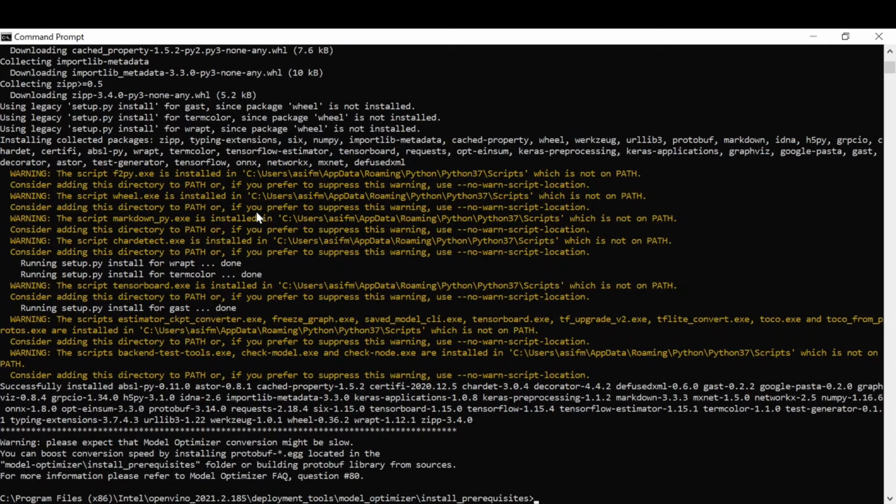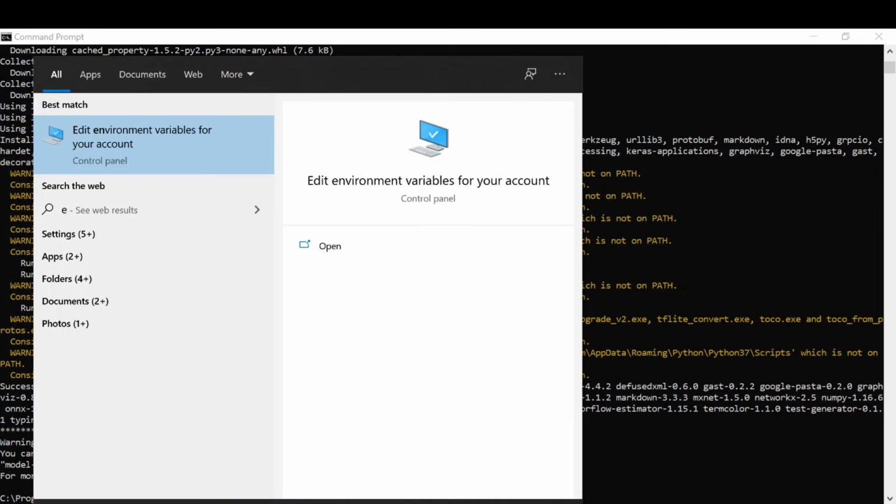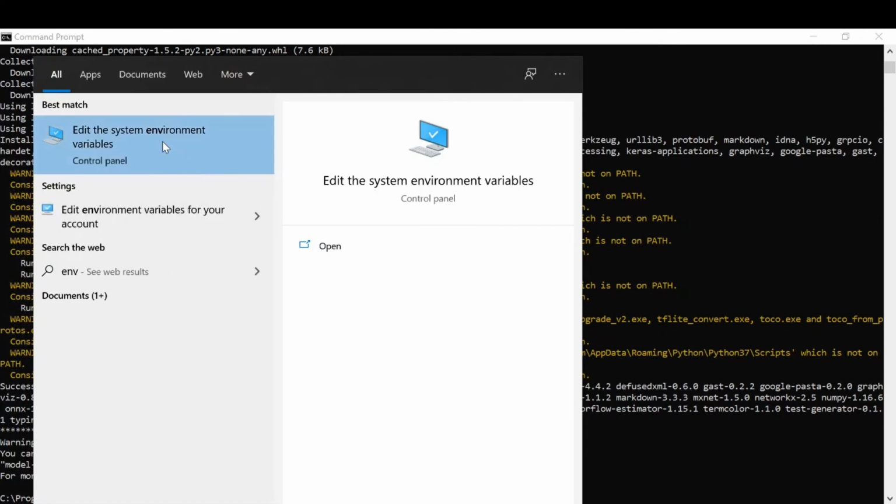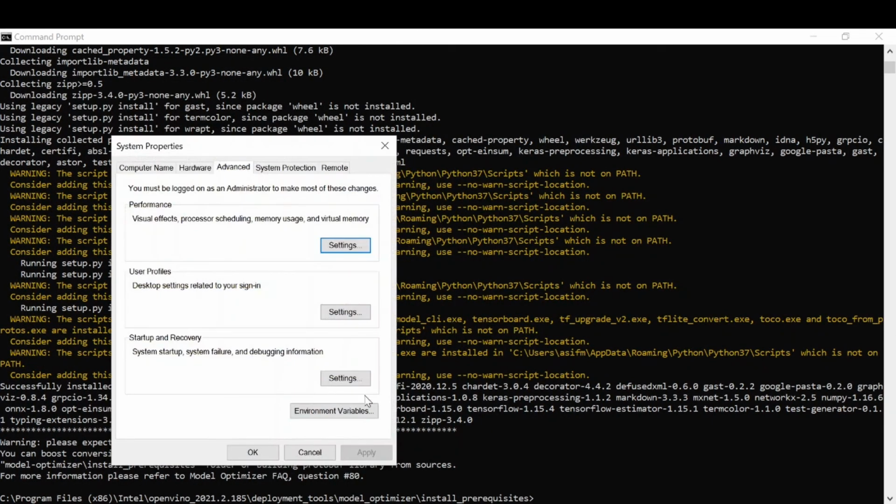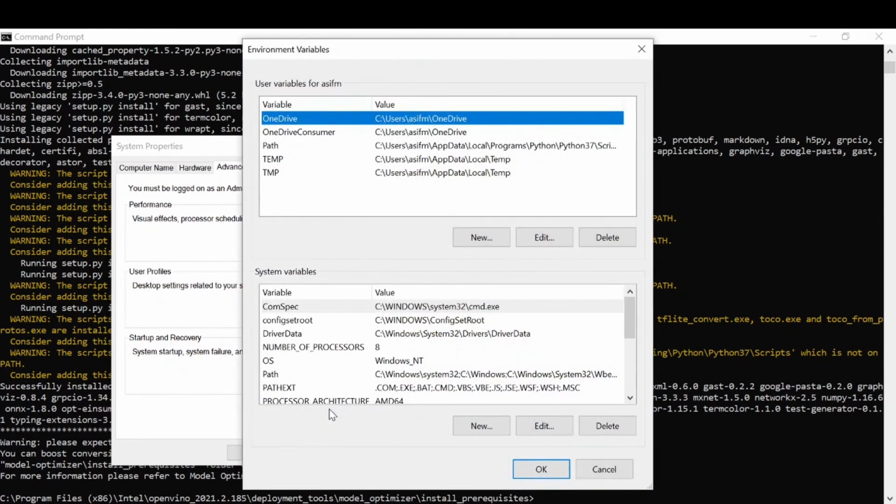Here you can see we are getting some warnings. It is suggesting us to add this to the environment path. So let's just add it. It is just a warning, so we can ignore it as well.